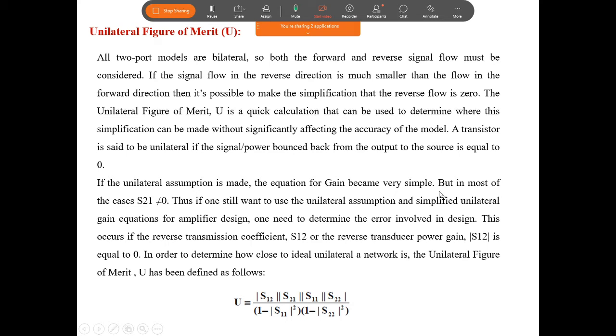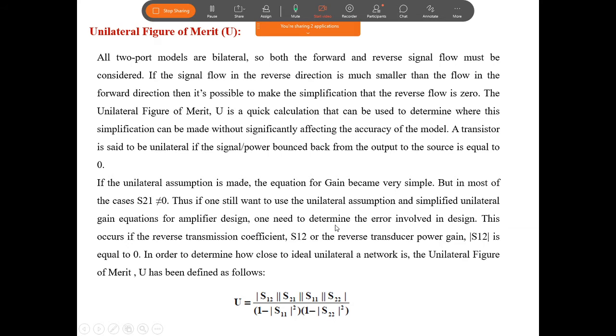Okay, but in most of the cases, S12, sorry, this is S12, not S21. Again, I have copied it as S12. This is S12, not equal to 0. Thus, if one still wants to use the unilateral assumption and the simplified unilateral gain equations for the amplifier